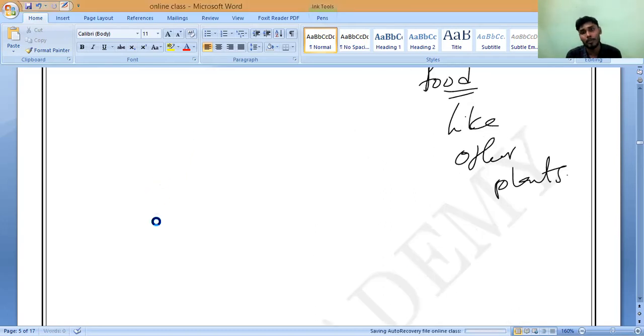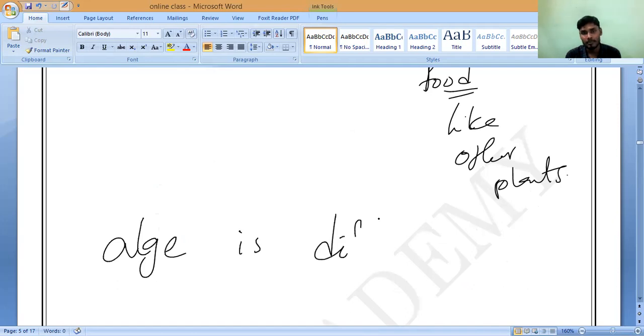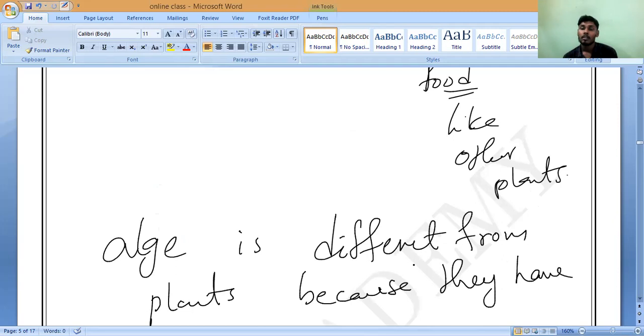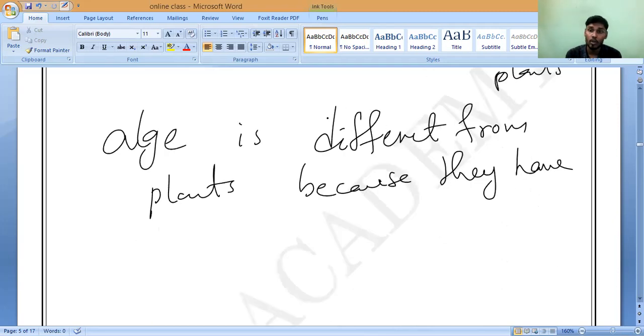Only they have the green color pigment called chlorophyll. That is why they carry out the photosynthesis reaction. Algae is different from plants. Why? Because they don't have leaves, stems, or roots. Please note it down. They do not have roots, leaves,